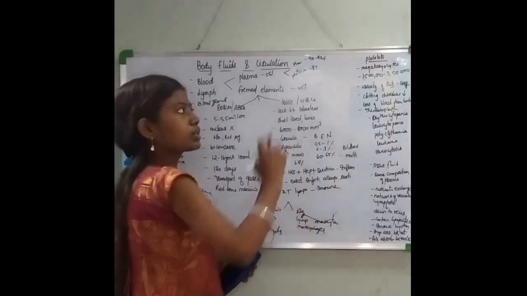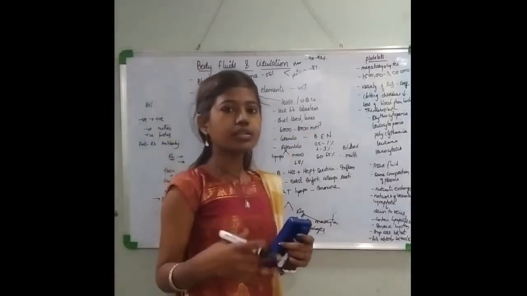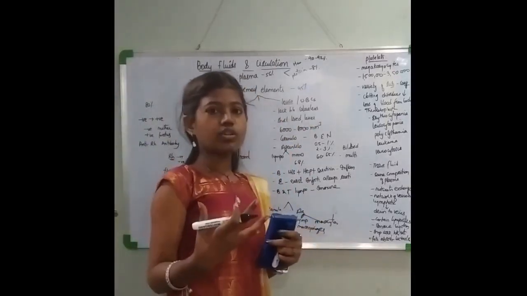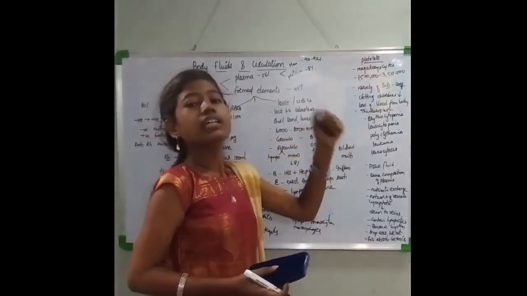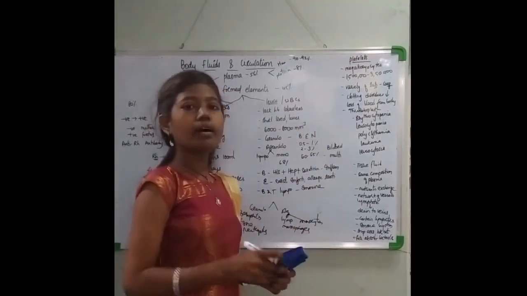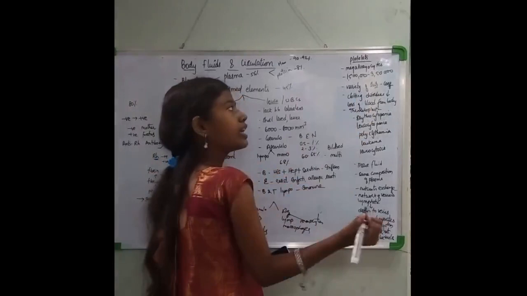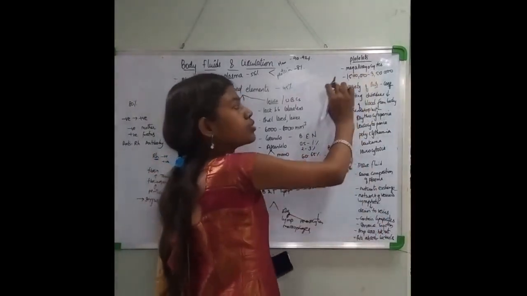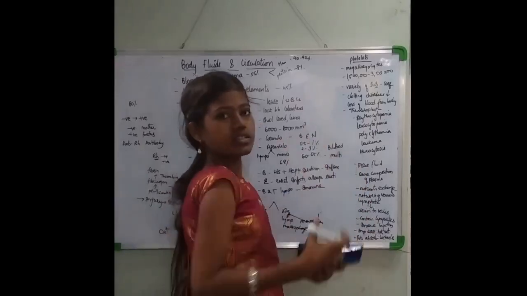Now let us discuss the platelets, or what we call the thrombocytes. These are produced by specialized cell-like structures called megakaryocytes. They are also called thrombocytes. These thrombocytes will release a material called thromboplastin. Now when I talk about the value, about 1,50,000 to 3,50,000 platelets are present in your body.